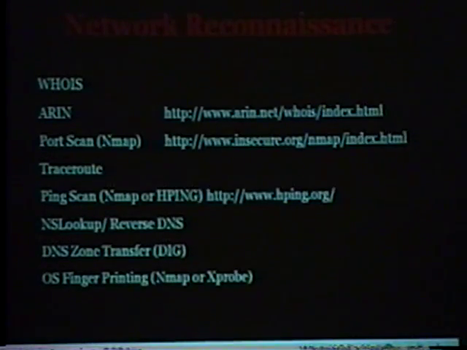And there's also network reconnaissance. It's not necessarily related to web applications, but it's always really good to have all these tools at your disposal so you can see the whole network as it lays and don't miss any web applications that are currently in function. You can use whois, ARIN, you can port scan the boxes, trace route to them, ping scan them, DNS lookups to see if they're load balanced or see how many are behind them, zone transfer to figure out more hosts, and there's also OS fingerprinting. Like I said, not directly related to web application security, but definitely should not be forgotten about.